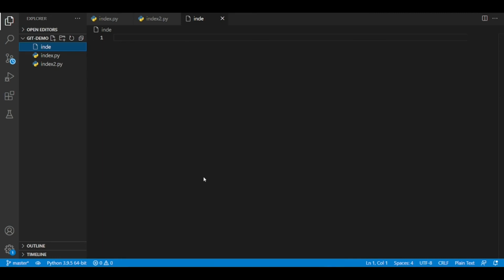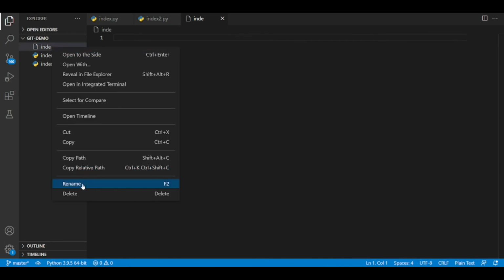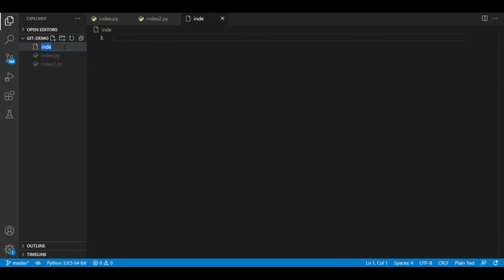Now I'm going to create one more file, index3.py, and I'm just adding hidden file in it.